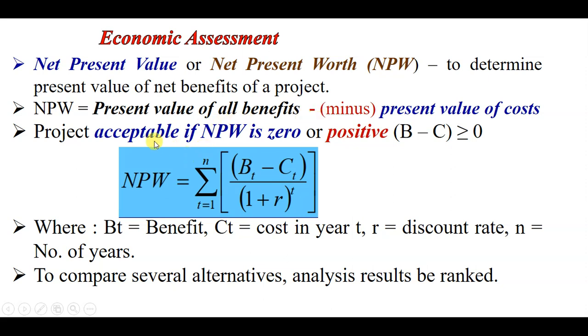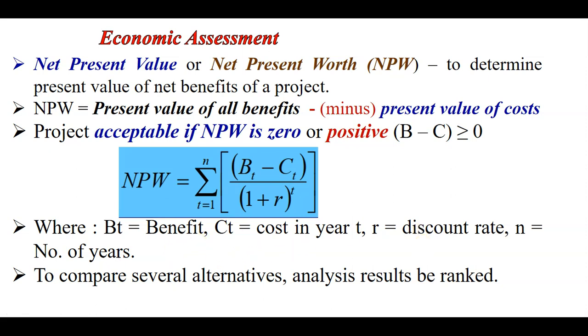In other words, a project is acceptable if net present worth is zero or positive. That means benefit minus cost is greater than or equal to zero. So the total net present worth is the summation of benefits minus cost over 1 plus the discount rate, where n is the number of years, B is benefit, C is cost, and t